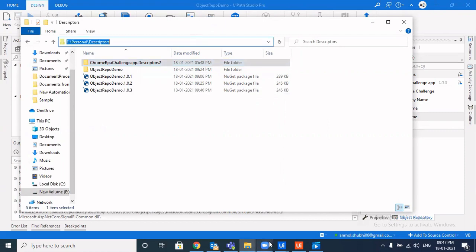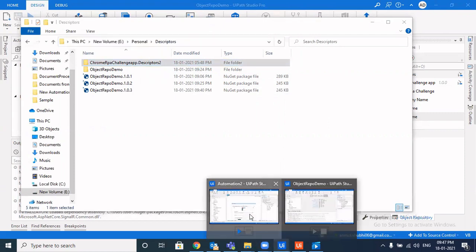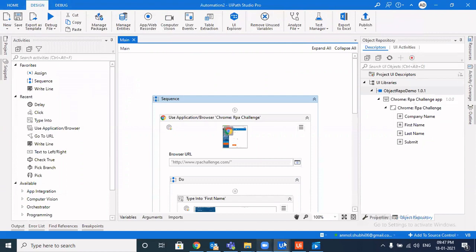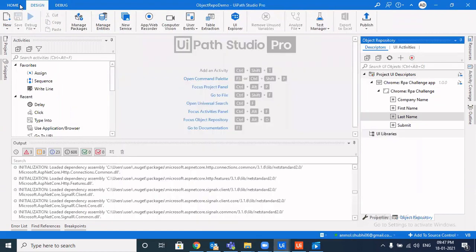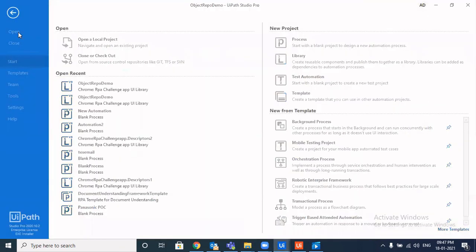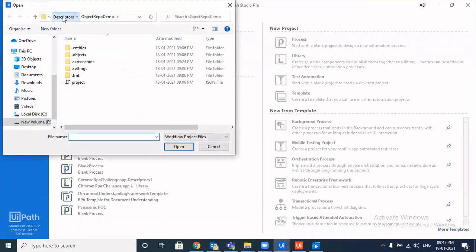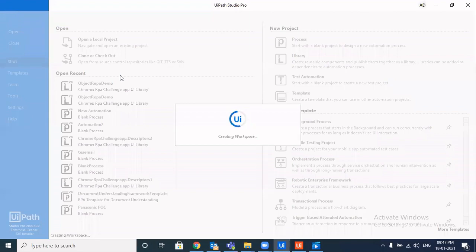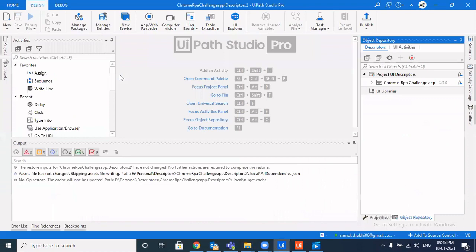Let's just verify it to be very sure. So I'll go to object repo demo, and from here I'll be opening this and let it create the workspace and open that project.